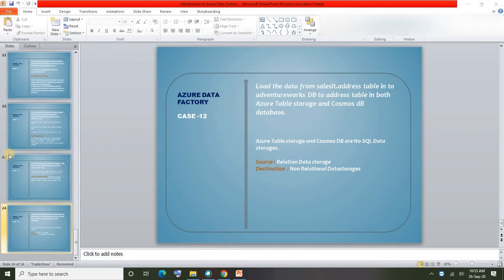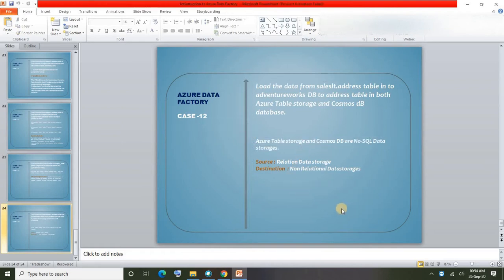Just to make one point here, relational data storage will have a fixed schema, whereas non-relational data storage will not have a fixed schema. The schema will be dynamic. What I mean to say is, while creating a table in relational data storage, you will define the columns also, and the number of columns that you define while creating the table are fixed. If you want to add any additional column, of course you can add it by altering the table. Whereas in a NoSQL database, the new columns will be added dynamically on the fly. That we'll see in a few minutes.